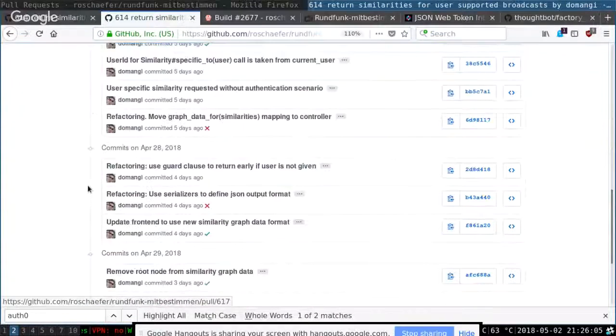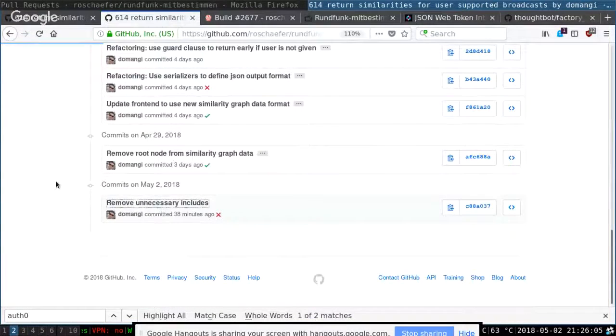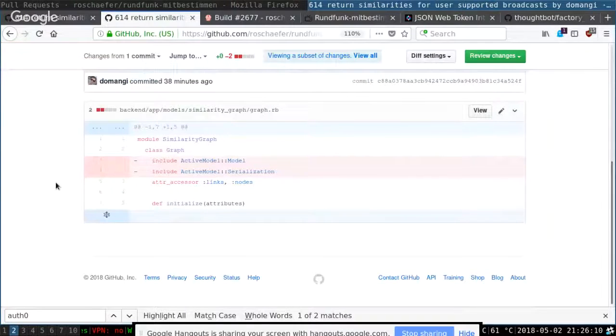I don't know if we should try to move back to the commit before, where the test was not failing. I cannot understand why it's failing now, but if you look on GitHub before my last push, that was some minutes ago, it wasn't failing. So what happens? Remove unnecessary includes. Yeah.